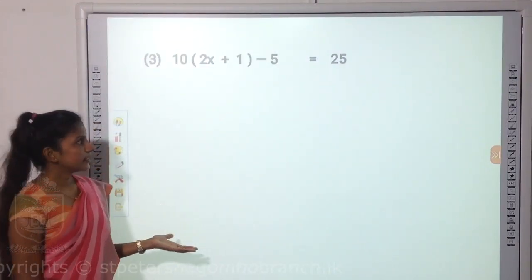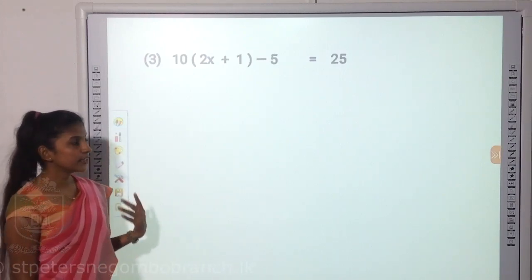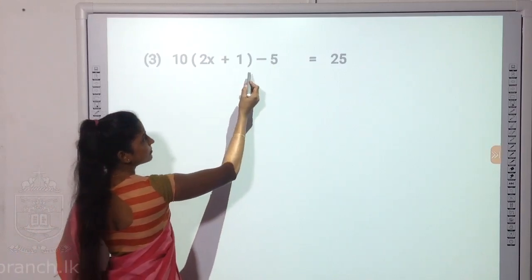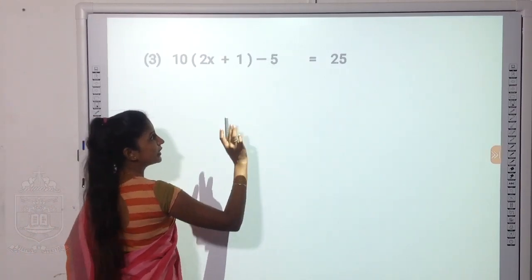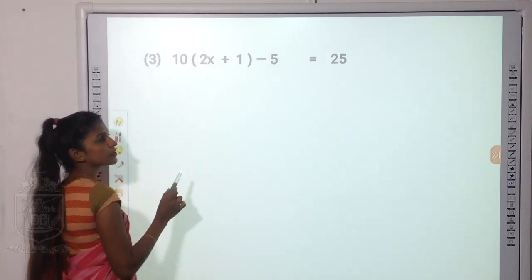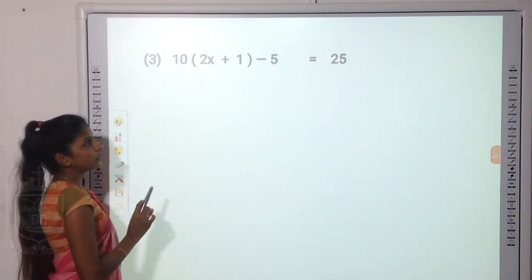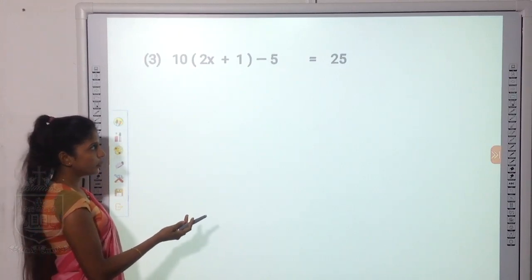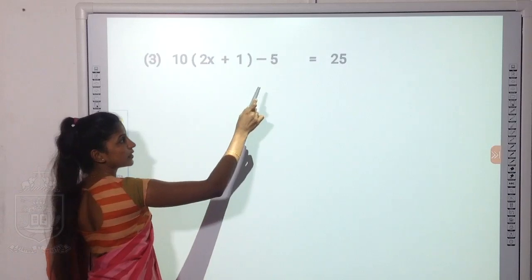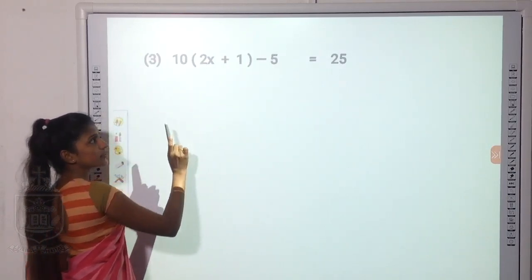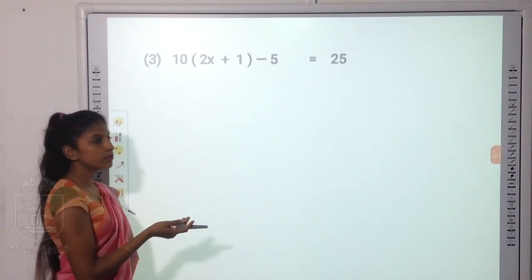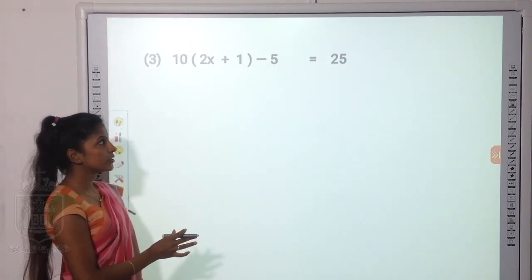Okay, let's move to another example, but this is somewhat different than the previous examples we discussed. So here you can see this expression separated, and you have minus 5 separated, which means this 5 is subtracted from this whole expression. Right, so now in simplifying these types of equations, you have to remove 5 from the left side before you are simplifying x and the other terms, because this is just a number. So it's easy for us to remove 5 from the equation at first.